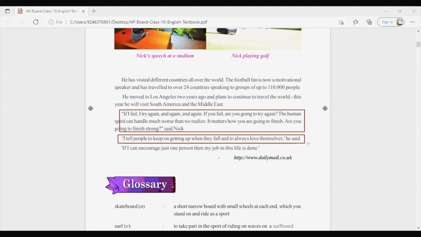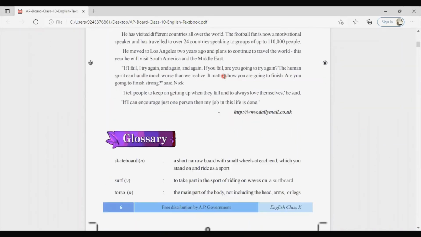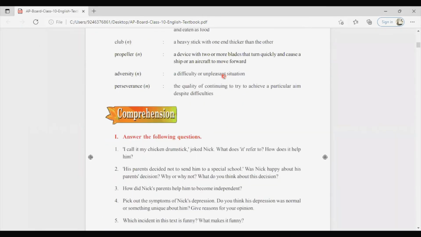Now, he also believes in one thing. What is that? Challenges are only there in one's life to strengthen the convictions. They are not there to run over us. They are only there to strengthen the convictions. Now, what are these convictions called? Nothing but the beliefs.